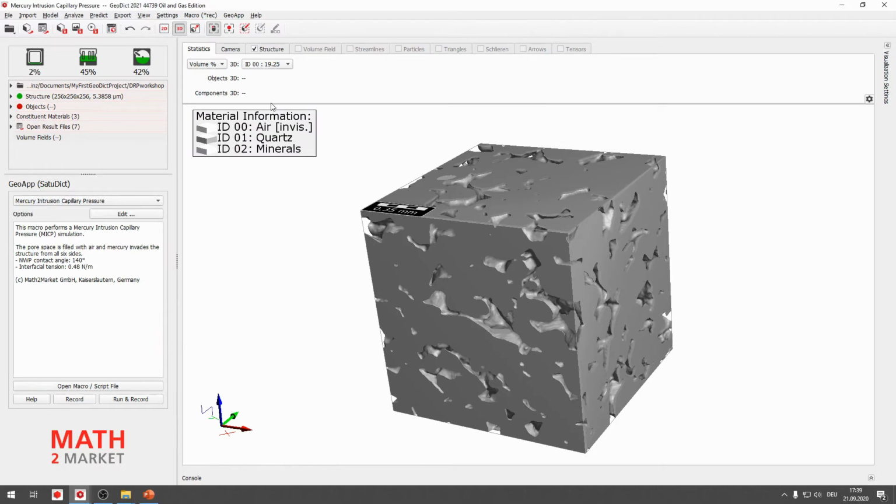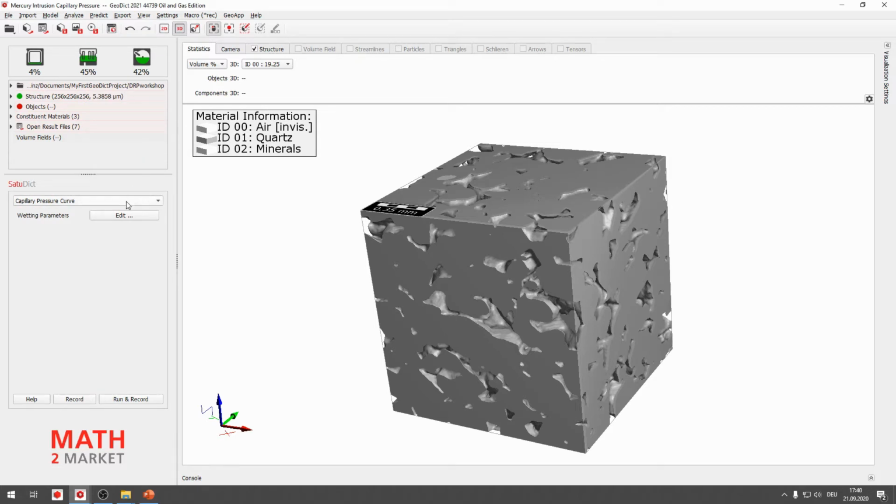Okay, having done that, we will look now at a drainage computation. So therefore, please go back to the GeoDict menu bar, open the Predict menu, and click the SatuDict module. So click SatuDict from the Predict menu. In the SatuDict region, at the left side,